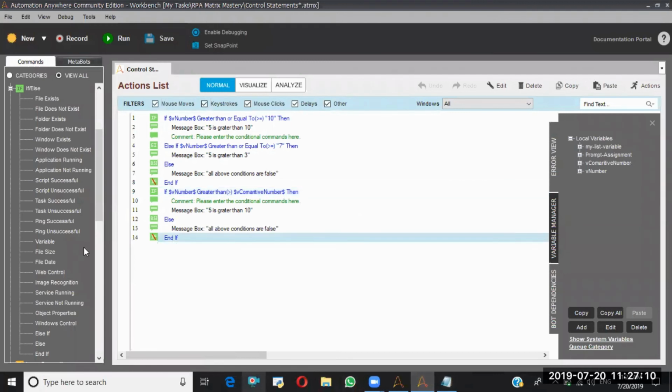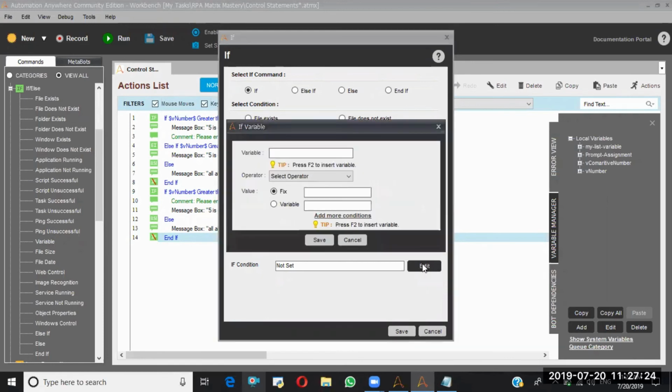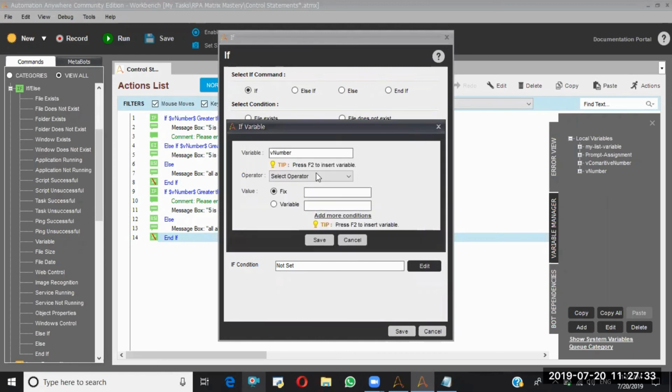So again, I am going with a variable here. I'll say edit, f2 v number is greater than or equal to 2. I added the first condition, and where can I add the second condition?